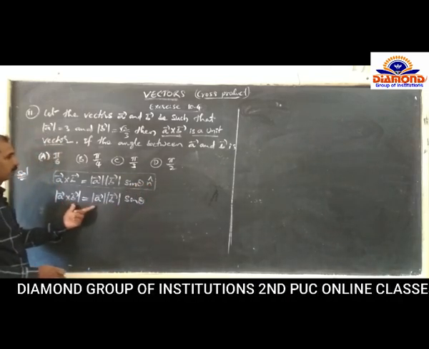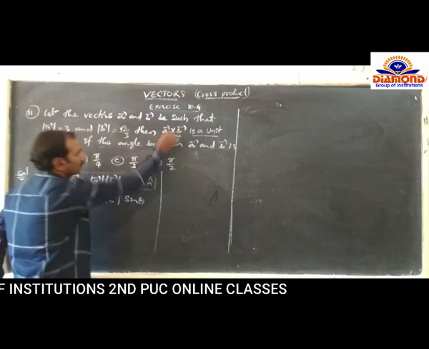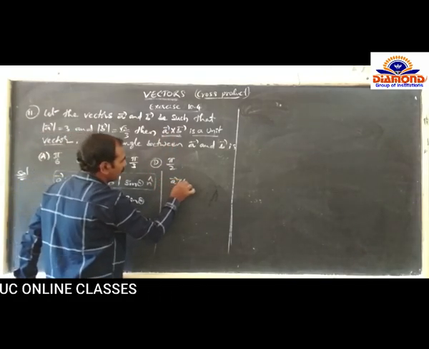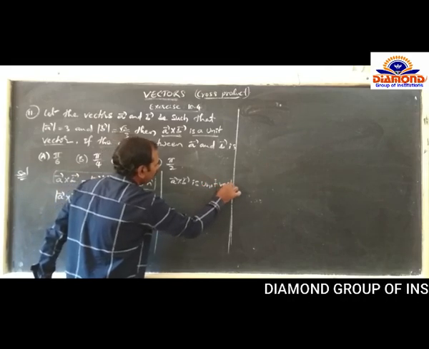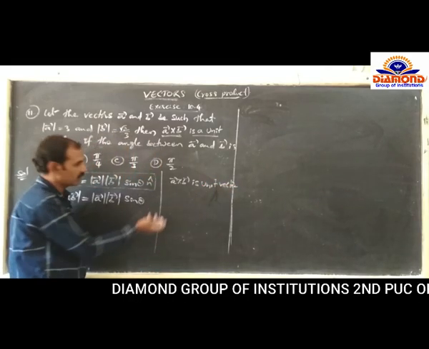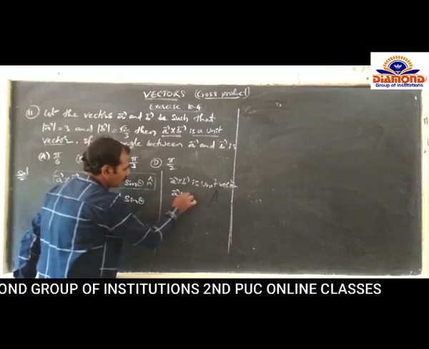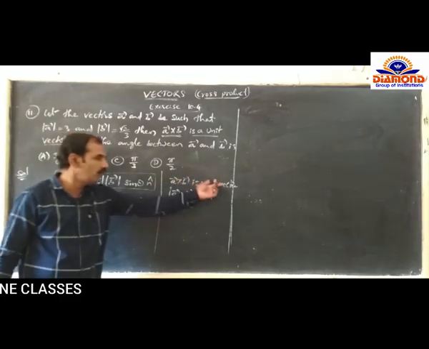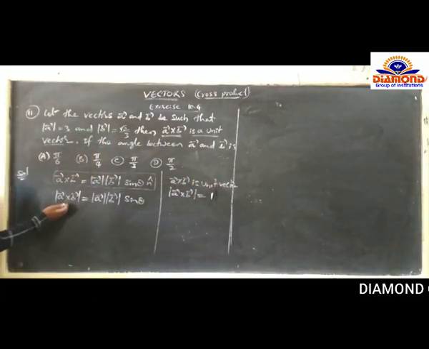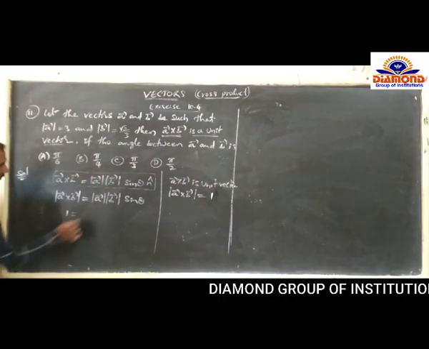So here A cross B is a unit vector. It means the magnitude of A bar cross B bar is also 1, because it is a unit vector. So here 1 equals